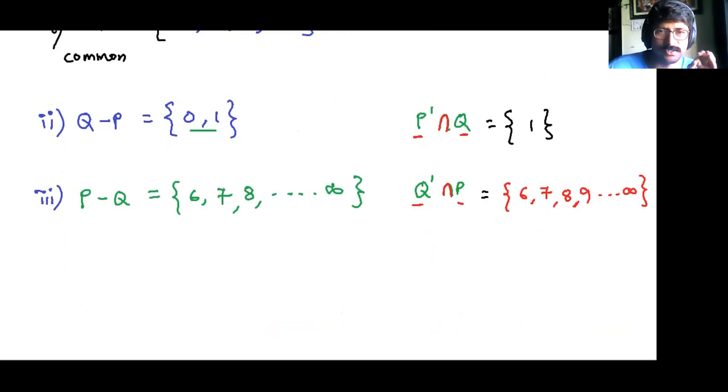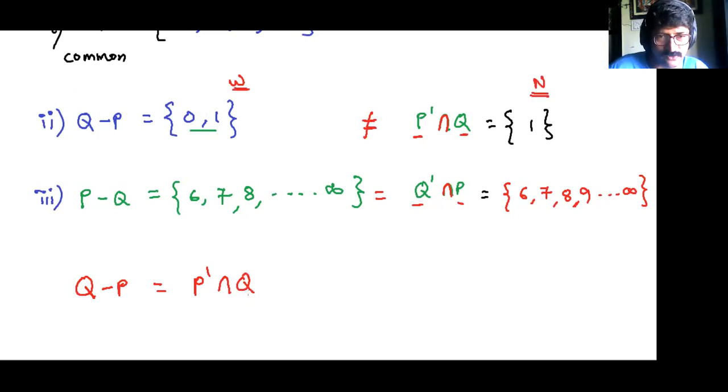And now students, the relation between Q minus P and P complement intersection Q, they are supposed to be same. These two sets are same and these two sets are same. Now one condition, okay, their domain should be same. Then only this follows: Q minus P becomes equal to P complement intersection Q. देखो ये वाली केस में they are not equal. Why are they not equal? Because इसका डोमेन था whole numbers and इसका डोमेन था natural numbers. So that's the reason they are not matching over here. So यहाँ पर एक कंडीशन है,